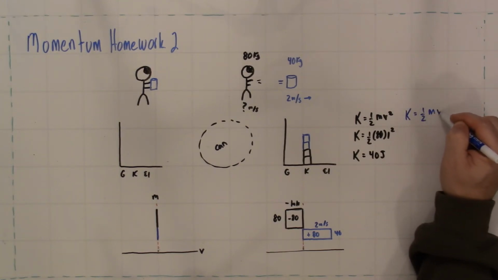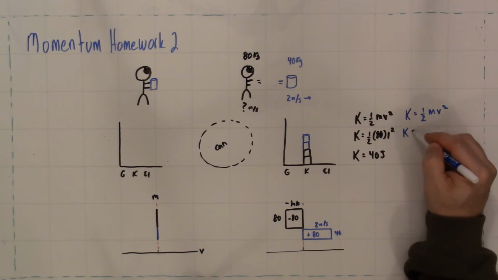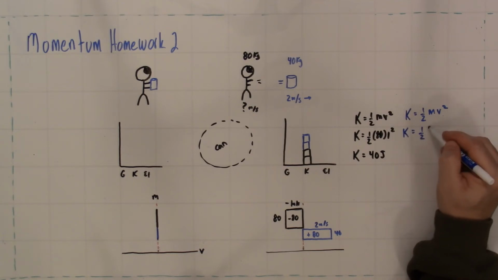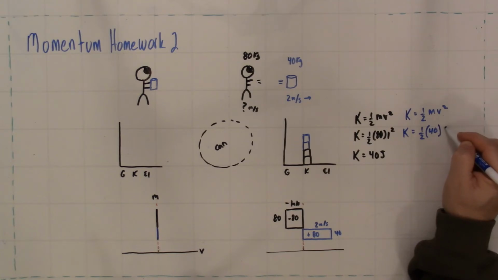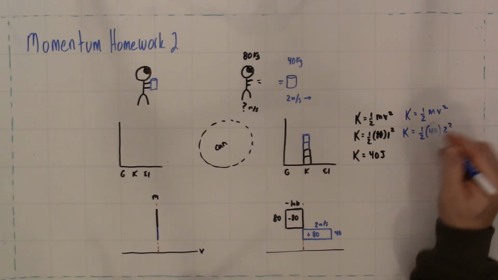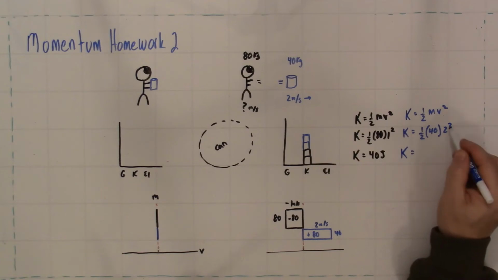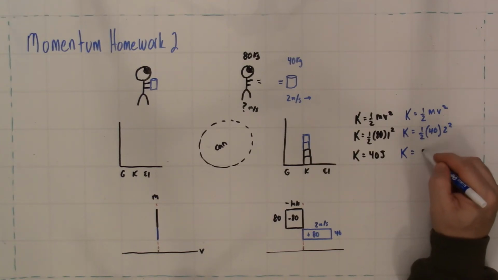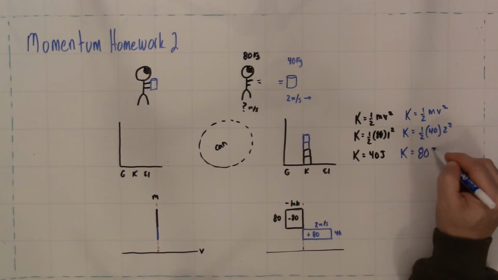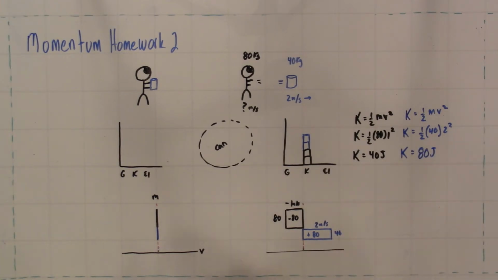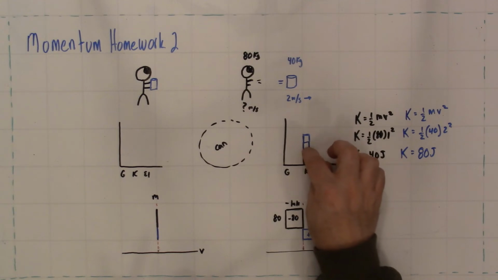(1/2 mv squared), plug and chug. 1/2 the mass, which is 40, but the speed is 2 squared. 2 squared is 4. 4 times 40 is 160. Half of that. So this is 80 joules. So I'm going to adjust my picture here,